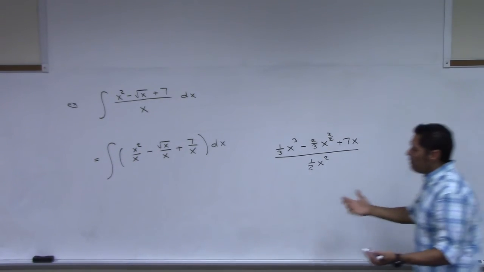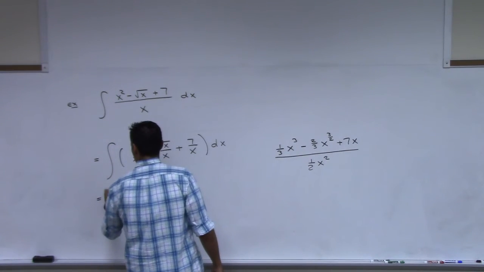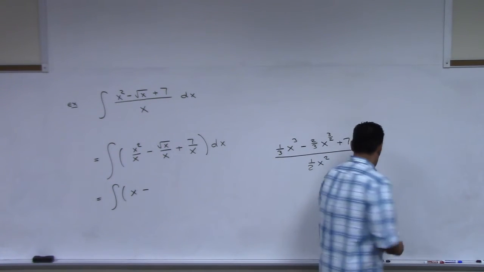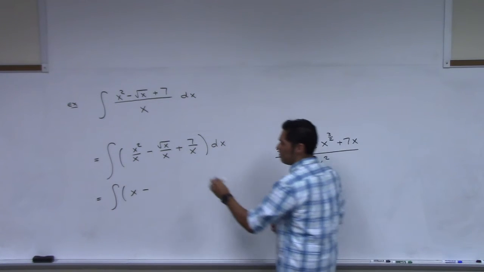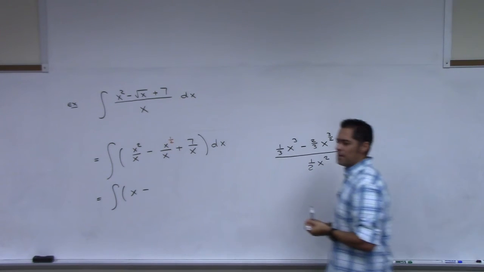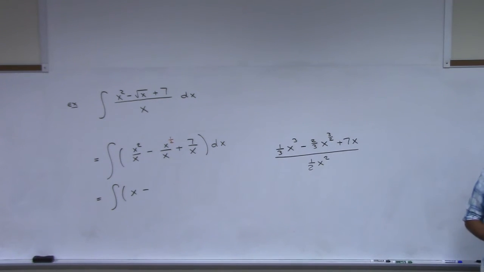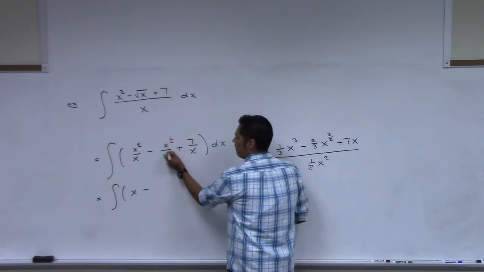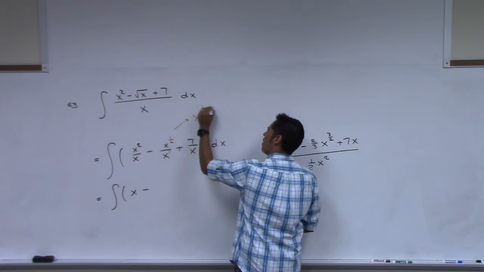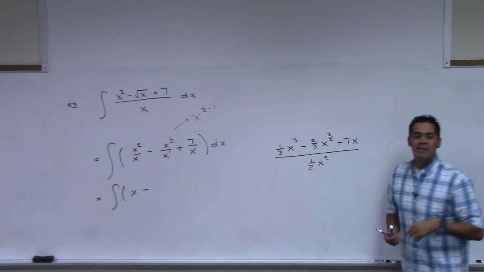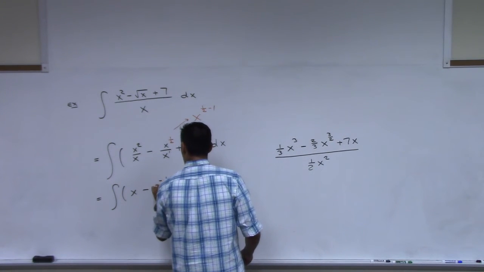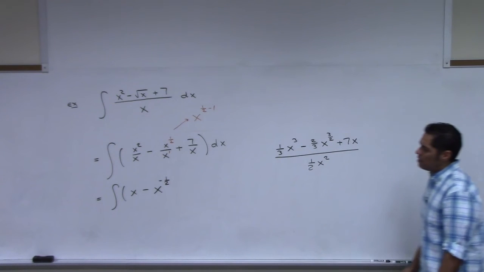Okay, now simplify. Notice I have not taken the antiderivative yet. I'm just going to simplify this. This is x minus, now maybe I should have written x to the half there instead of root x, because I'm going to use properties of exponents here. When you have x to the half over x to the 1, how do you do that? Just subtract 1/2 minus 1, which gives you x to the negative half. And so I'm going to write that just the way it appears. x to the negative 1/2 is that piece. And then the last one,